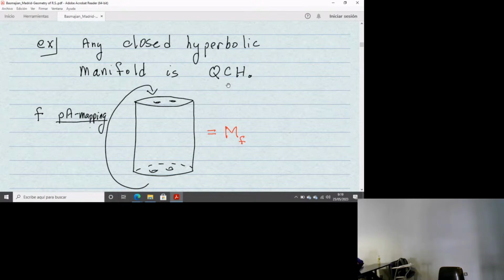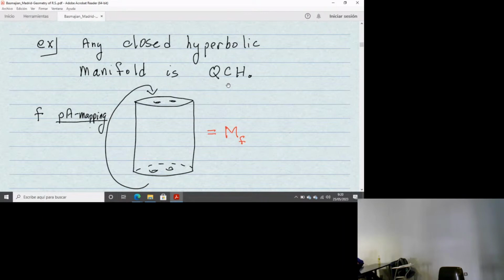and then cover it with balls of radius epsilon or something. And then in each one of those, for high enough K, you could find a K-QC map that sort of moves you along, and then you compose these, this series of maps. And then you get a map that maps that point X to the point Y with uniformly bounded eccentricity. So you can do that. So any closed hyperbolic manifold is QCH.